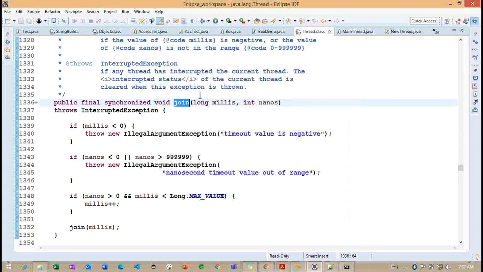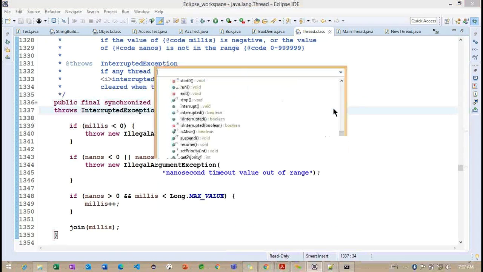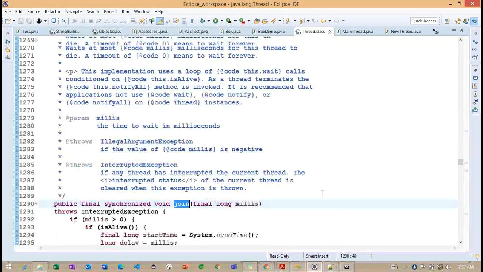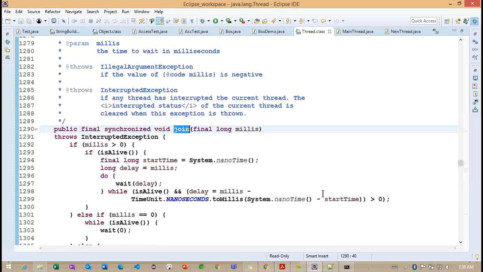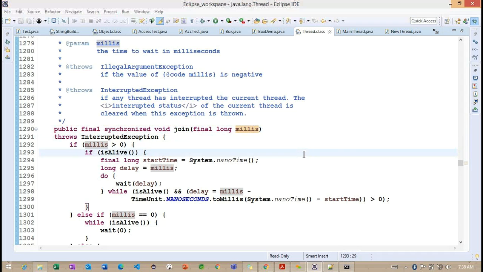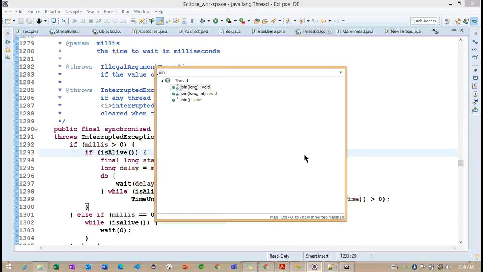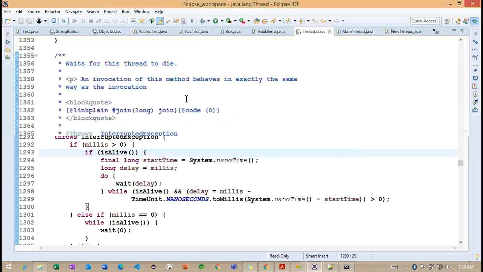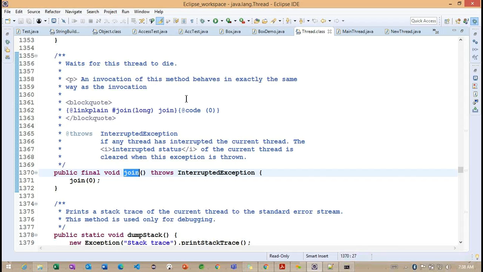Now you can observe, this is the method we are discussing, and one more here. Each method has a different purpose here. We are providing milliseconds here. Again, this method also has synchronized and final. Only this method will not have the synchronized keyword here. The remaining two methods have synchronized. So we'll see how exactly the remaining two methods with the synchronized keyword are going to work. Okay, so back to here.